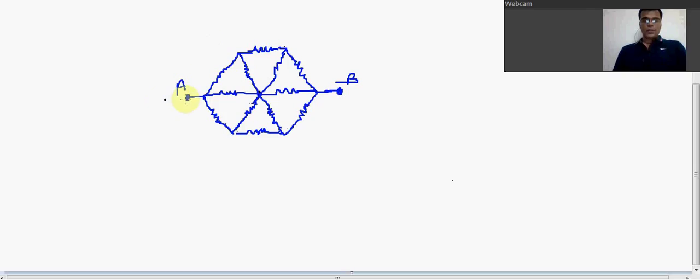We have to find the equivalent resistance between points A and B. All the resistances given here have the same magnitude, let's say R. Now if we look at this circuit carefully, you'll realize that the entire circuit is symmetric about this horizontal line AB. So in order to solve this question, what we can do is fold one